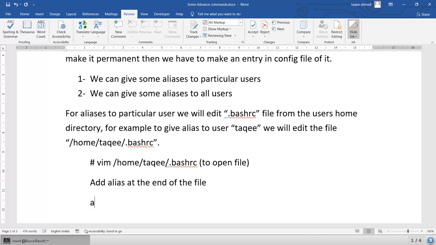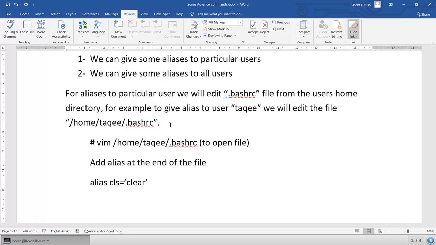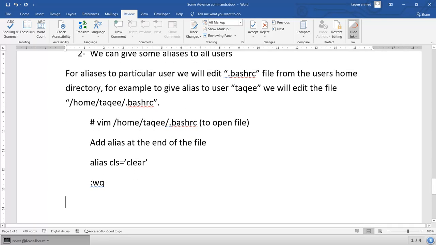And what you add, you will add the command alias, then cls equal to whatever alias. It is not necessary that you want this, you can do it for anything. And after that you will do save, and then this is done. Now we can check,